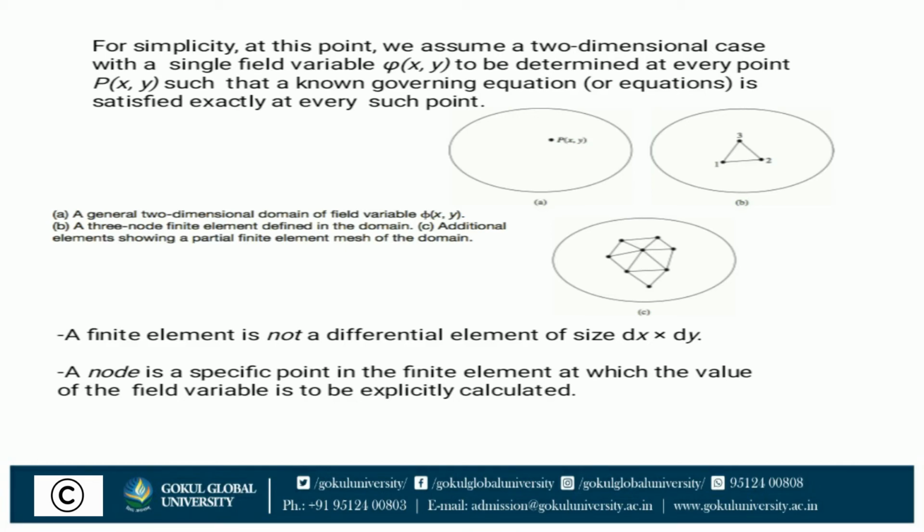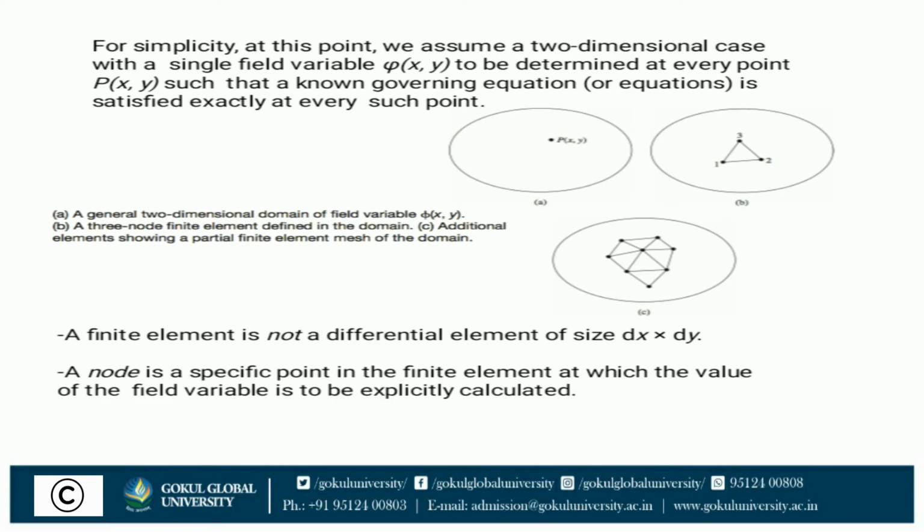So here you can see that there are three circle spaces. In figure A, the point P has coordinate axes x and y. Then another one is figure B, a triangle with coordinates 1, 2 and 3, and another, C, a type of circle, where you can see some pyramid type shape which is on the point load calculation.